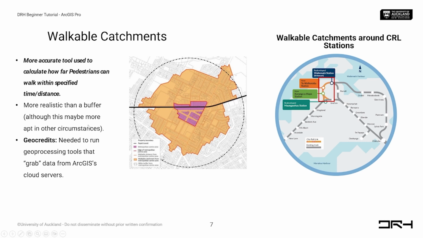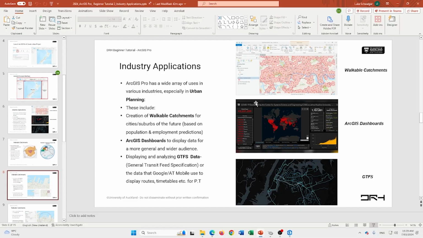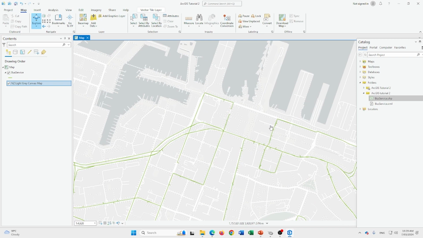Cool. And so today we'll just be doing a quick walkable catchment around Britomart, but first of all, let's do a buffer. Yeah, let's do a buffer first. So first of all, let's create a center point on Britomart. So if you go back to ArcGIS, you go back to Britomart,